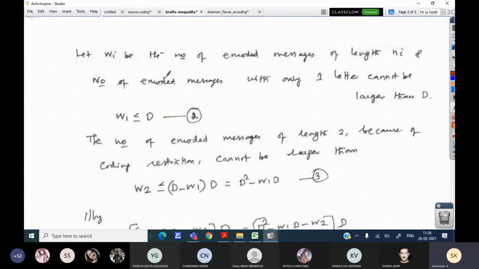The number of encoded messages with only one letter cannot be larger than D. So we have some coding restriction.